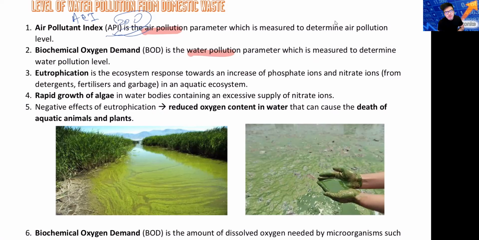Okay, why do I say so? What does it mean by polluted river? If your river is very polluted, that means there's a lot of dead body, there's a lot of shit, a lot of all this organic waste, a lot of rubbish in your river. If your river has a lot of rubbish, bacteria will come and try to digest this rubbish. So if your river has a lot of bacteria, that means it has a lot of rubbish too. That means your water is very polluted.